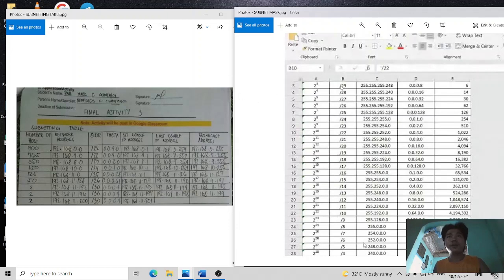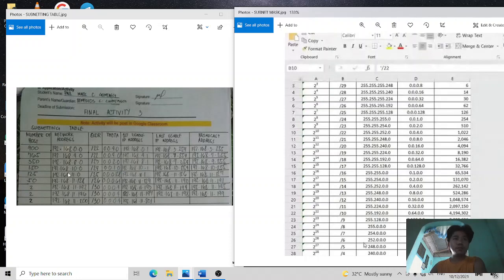The formula of network address is network address plus theta. 192.168.0.0 is the network address. 192.168.0.0 plus 0.0.4 equals 192.168.4.0, plus 4 equals 192.168.8.0, plus